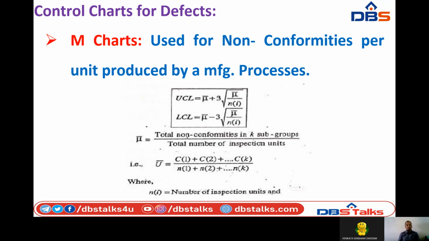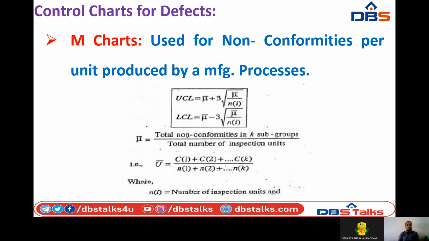So the M charts are mainly used for determining the non-conformities. So non-conformity means the conformatives will be the final object which is confirmed in the quality cell, or otherwise non-conformities, that means the defective items, will be calculated. So we can choose the charts for effective items and at the same time defective items. So conformative items will be segregated by using the C charts, and with M charts non-conformative items will be identified.